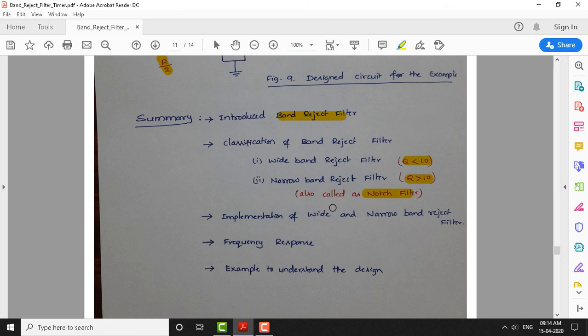So that completes the filter design. So far we have discussed various types of filter designs, namely the low pass filter, high pass filter, band pass filter, and band reject filter. So overall, the students have to understand the various types of filter designs. From an examination perspective, the examiner may ask you to explain the filter design, or they may ask you to solve a problem on these filters.